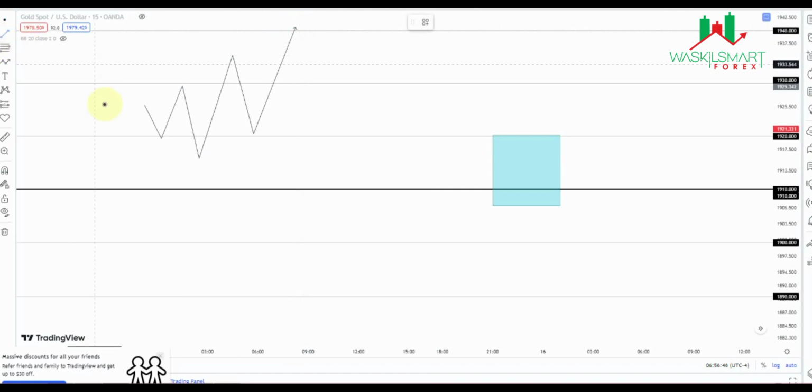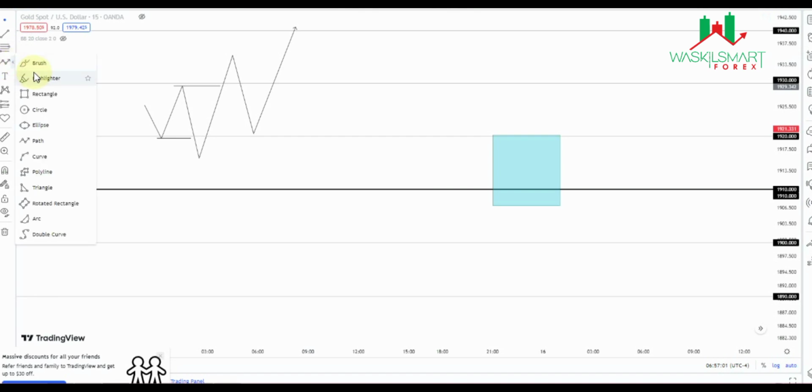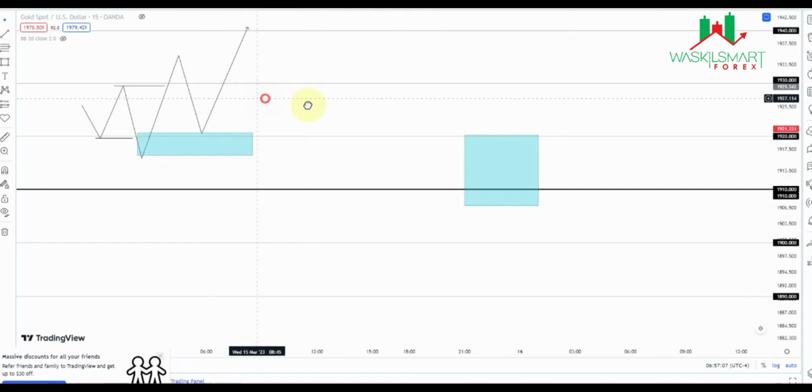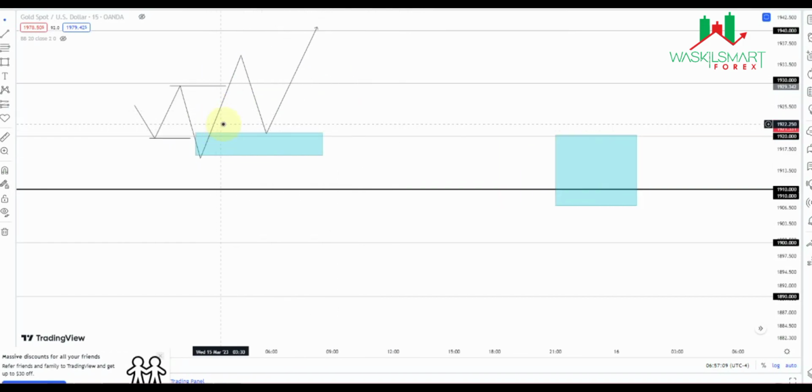Number one thing you want to see is market breaking the structure downward. Number two is that you want to see market changing the character, the change of character. And the third thing is you want to see the order block. So this is the whole scenario that you are going to look for when you go to your 15-minute